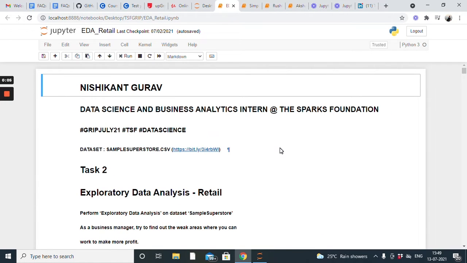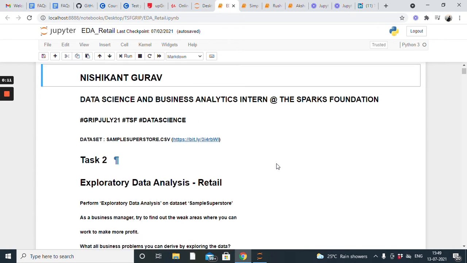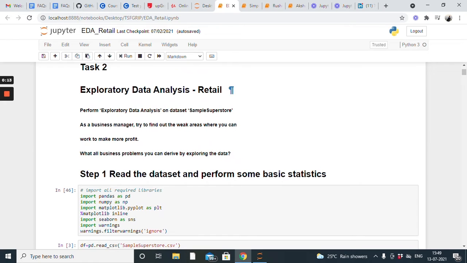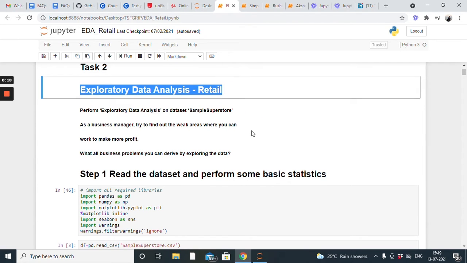Actually, this is task 2 for Spark Foundations data science and business analytics intern. The task is exploratory data analysis of retail. We have to do the exploratory data analysis and draw some insights from the data. So let's go and perform the exploratory data analysis on the